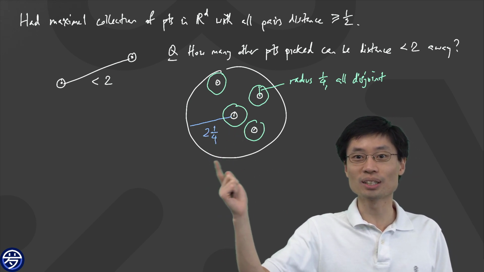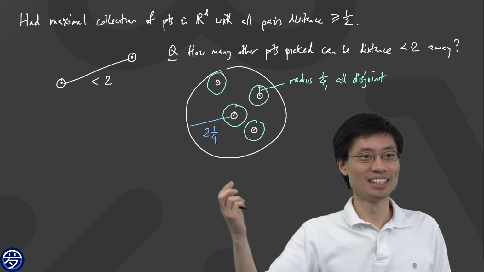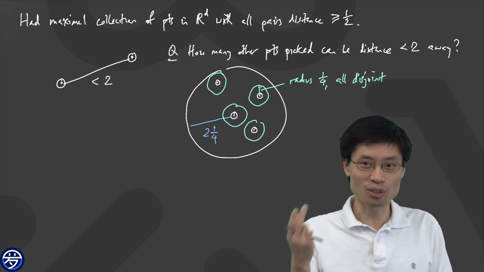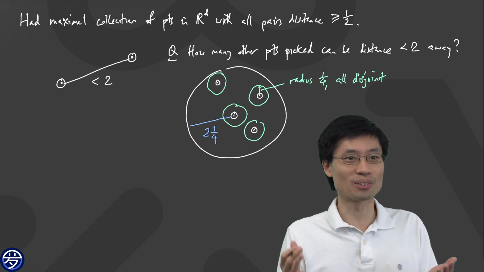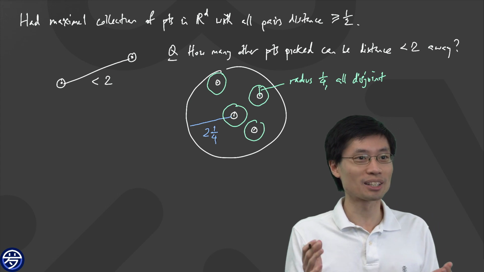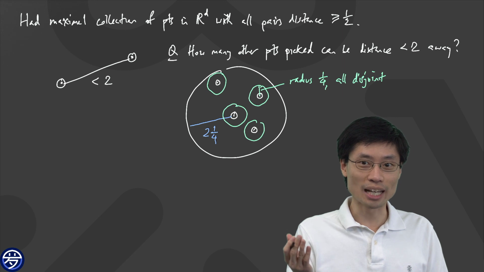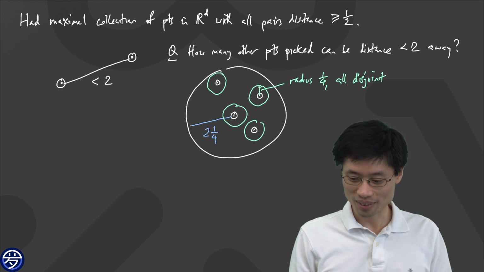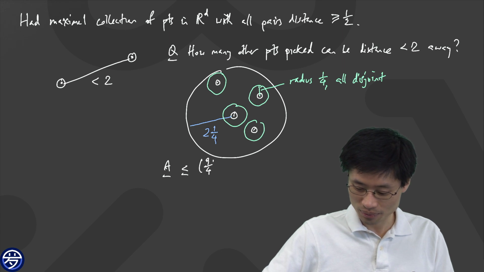Oh, why did I go to 2 1/4? The reason I went to 2 1/4 is so that they're all contained inside as well. So I have just a volume argument. The volume argument is, how many balls of radius 1/4 could I possibly put to be disjoint inside a ball of radius 2 1/4? And you don't even need to know the 4/3 pi r cubed. You just need to know that volume is cubic in radius. So the maximum number you could have is at most 2 1/4 divided by 1/4 cubed, right? So don't need any formula. So the answer is at most 2 1/4, which is 9 over 4,